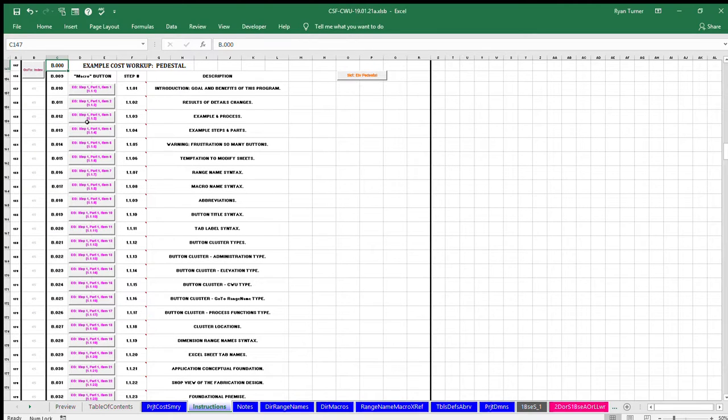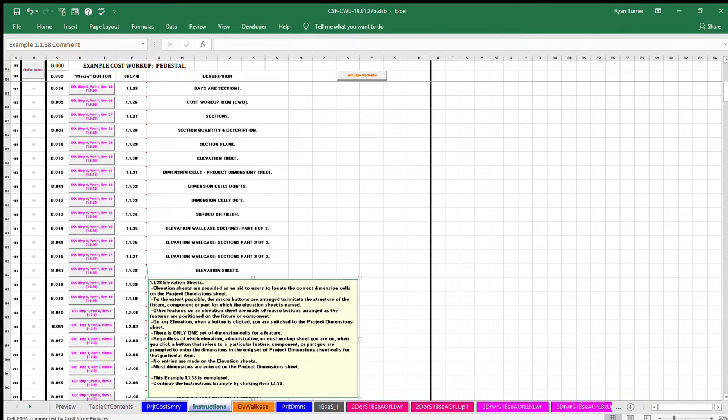The focus of step 1 of the 3 steps is on the principles of this process and how to enter dimensions on the single project dimensions sheet. Example item